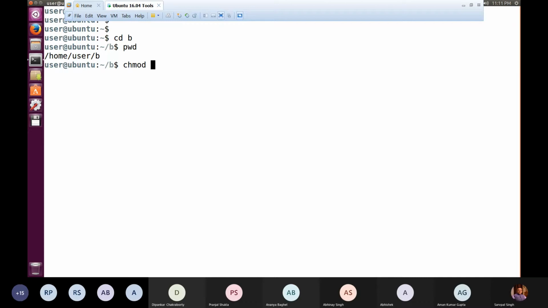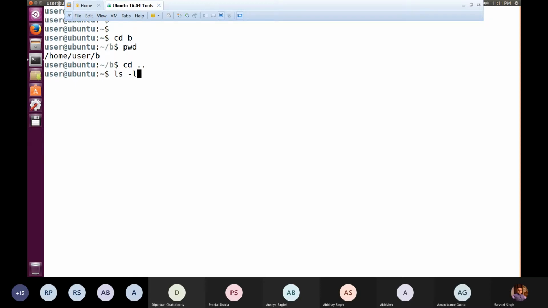When we say we are adding a permission, that means we are granting it, and when we remove it, we are revoking that permission. Let me come out of this B subdirectory first, and then we'll see what permissions we have over different files.